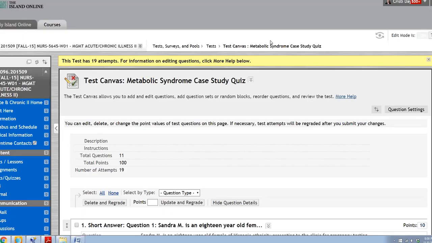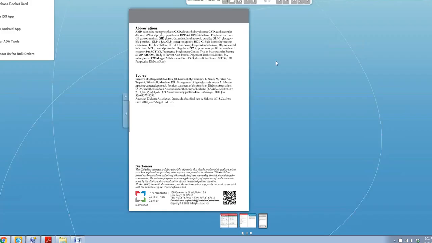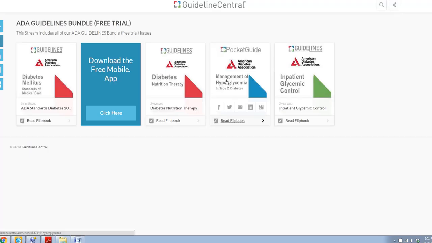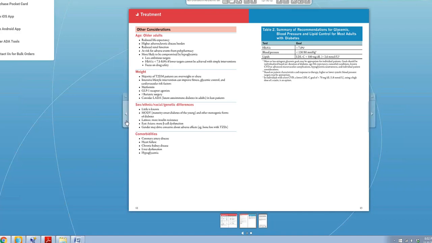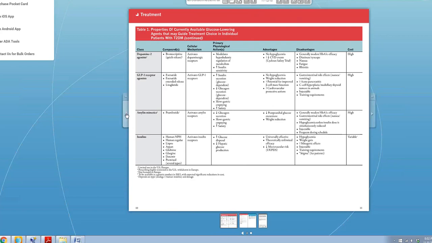Okay. Somebody sent me a note and they wanted to know about diabetes medications, and we've really talked quite a bit about the metformin and the risks of that. But in the ADA guide, if you get this management of hyperglycemia and type 2 diabetes, the guidelines are not current. But what is in here is, and you'll find these other places too, but they've got all the drugs. They've got a nice chart with the medications, and so this is what I like in here.